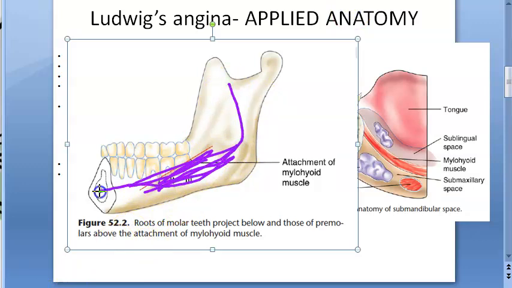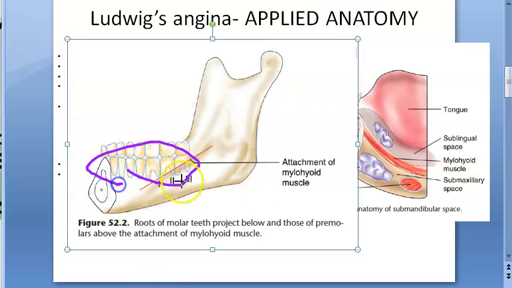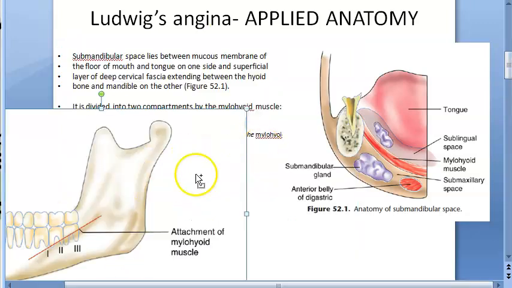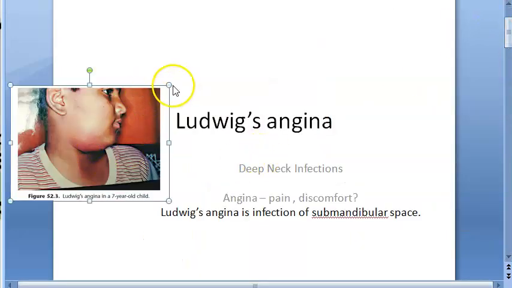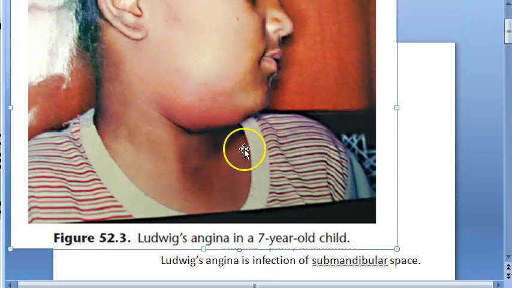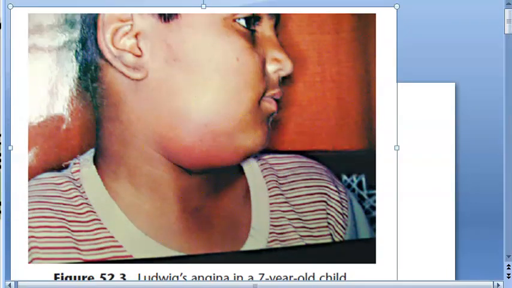What do you think this is? It looks like a leg. But see, it has teeth. So what exactly is it? It's a mandible. It's the jaw, where your teeth are. Because of this tooth infection, this person's cheek got swollen like this. See? Because of tooth infection, this entire space has got swollen.